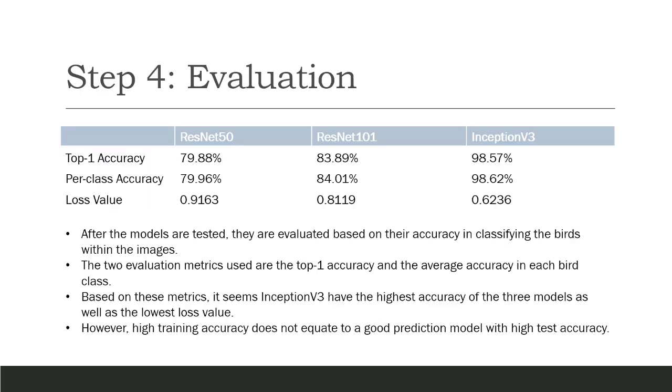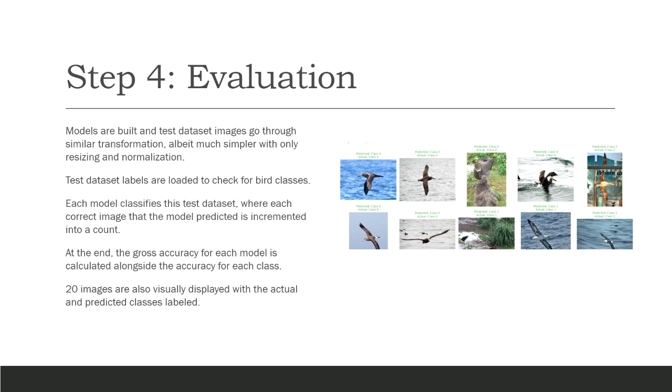After this, the model is then evaluated, and based on these metrics, the top one accuracy, which is the accuracy at which the first prediction of the model is predicted to be correct, seems to be the lowest for ResNet 50, with Inception V3 being the highest. However, this is not as important as the prediction, which is visually displayed as well with 20 images, as well as the gross accuracy